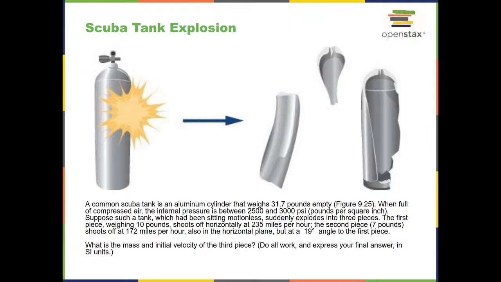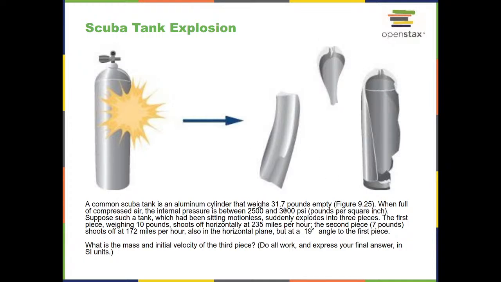That could be a question that we might ask, and this is one of the examples in the textbook. So let's start off with the first part here, which is what is the mass of the 3rd piece? Well, that's the easy part because that's just scalar quantities, right? So we have the total mass of the initial scuba tank, 31.7 pounds. We have the mass of 2 of the parts, 7 pounds, 10 pounds. So the remaining mass will have to be for the 3rd piece. So that 3rd piece will have to be then